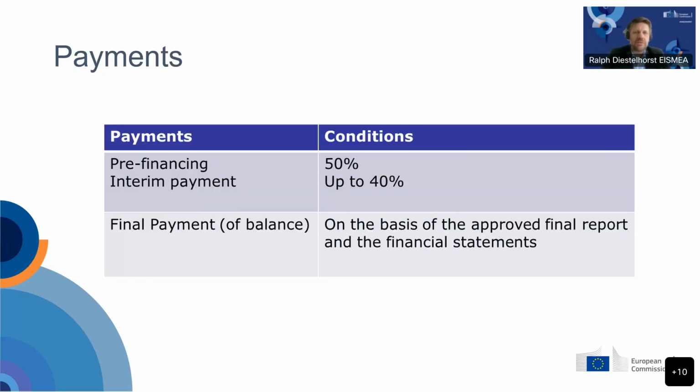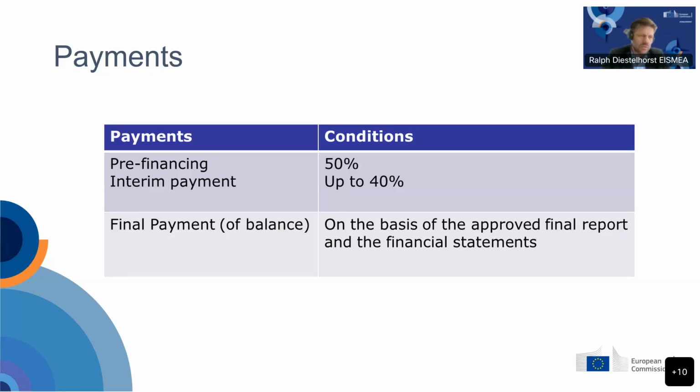And here we come to the payments in the projects. I was referring previously already to interim and final payment. Let's start, however, with the first one. The most important one, or the biggest one, is the pre-financing of 50%, which you are entitled to receive after the signature of the grant. And effectively, we usually have it around the starting date of the project, so that you get right at the beginning of the project a good cash flow